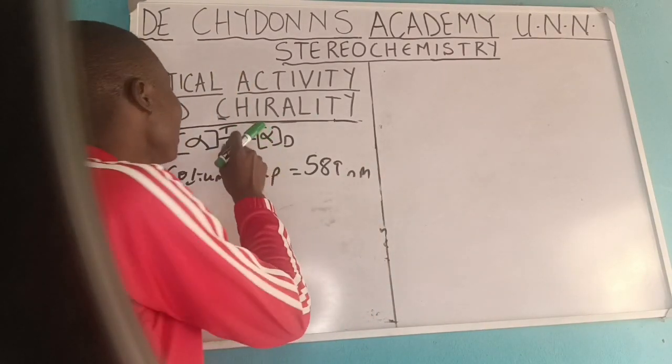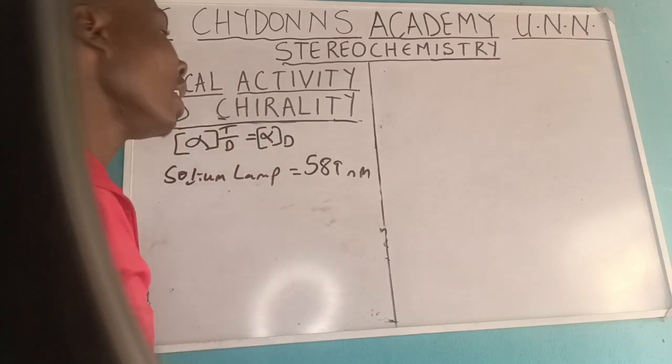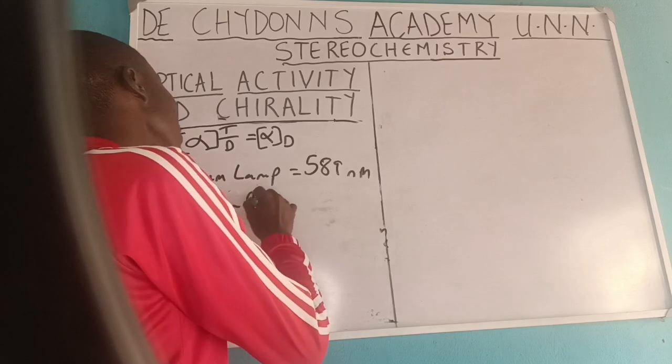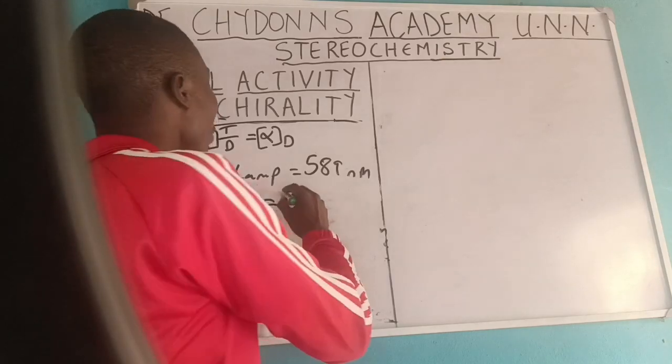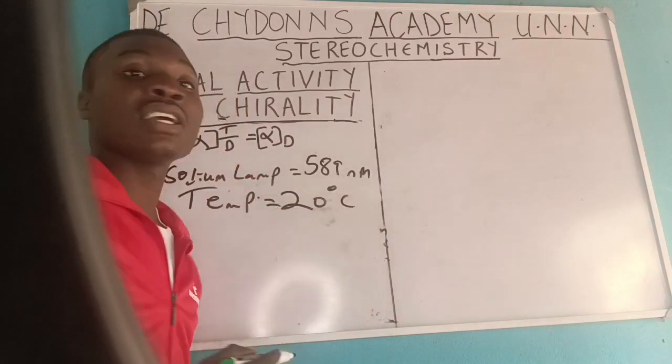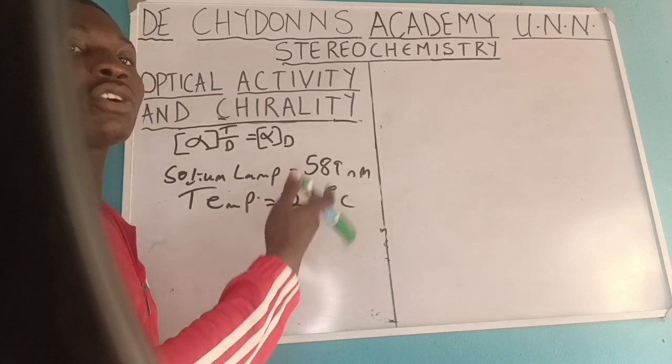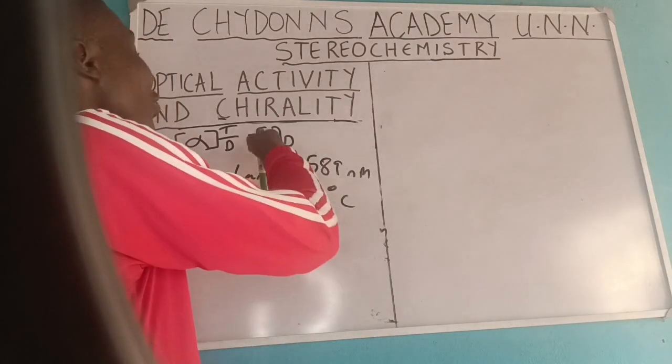The sodium lamp is represented by a D. Now the T happens to be the normal room temperature used for such measurements, and usually what we have there is 20 degrees Celsius. That's what we have. So if you measure the specific rotation of a compound using a sodium lamp and the temperature at 20 degrees,